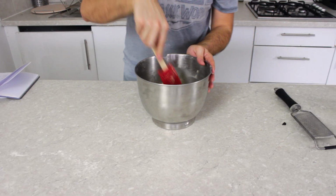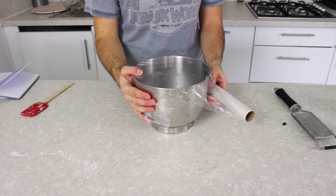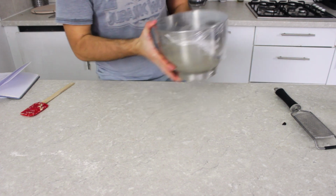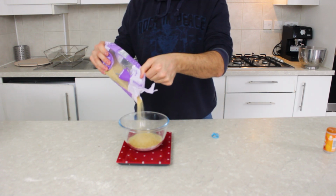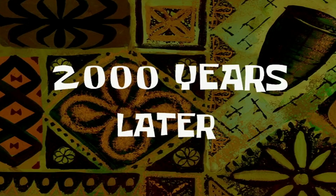When it's ready, take it out and with a spatula scrape the sides, cover it with cling film and put it in a turned-off oven for about 3 to 4 hours until it's double in size. In the meantime, we make the filling, the granulated sugar with the brown sugar and cinnamon and nutmeg. We mix everything together, leave aside until needed,